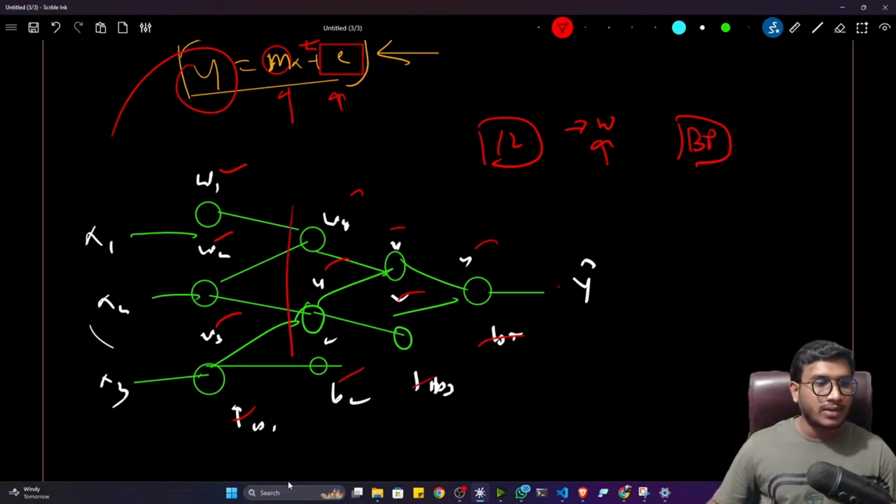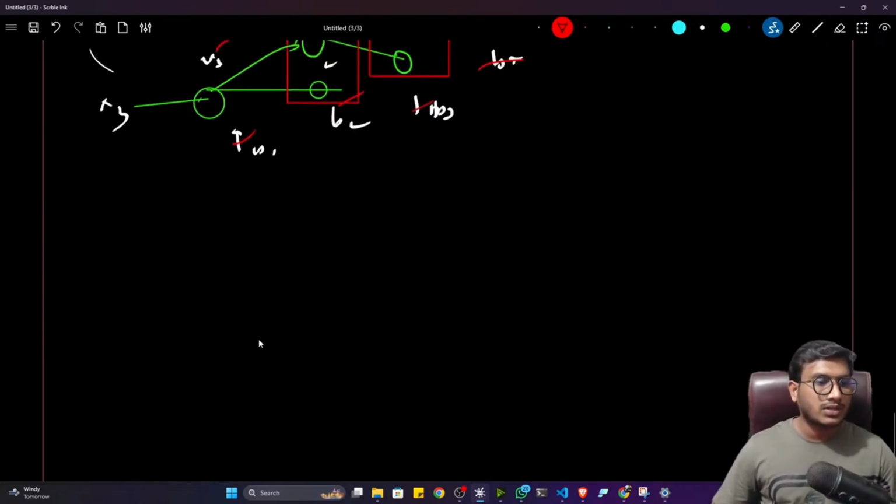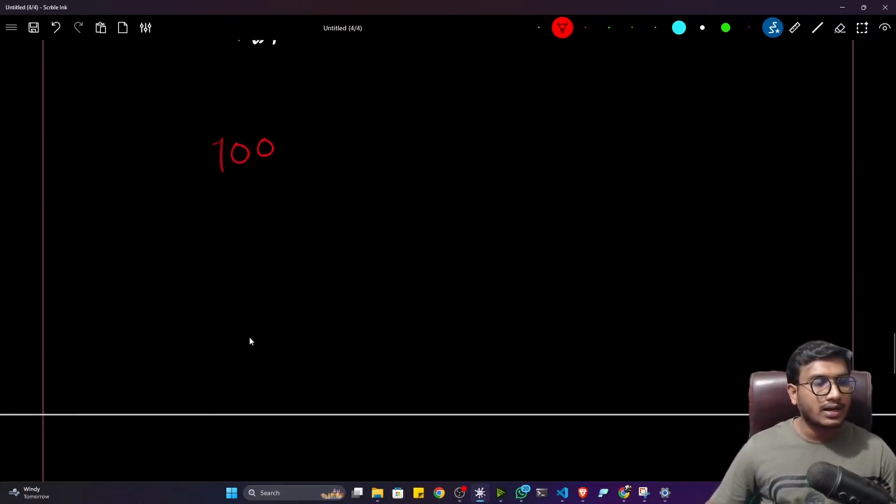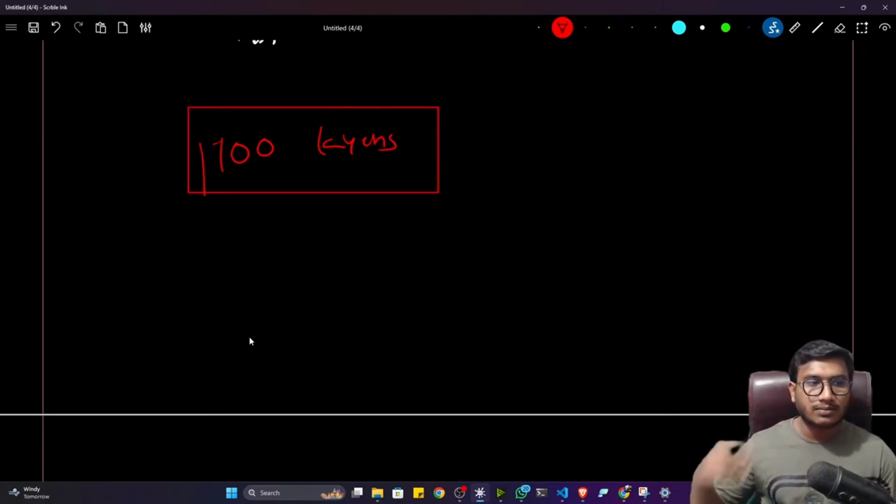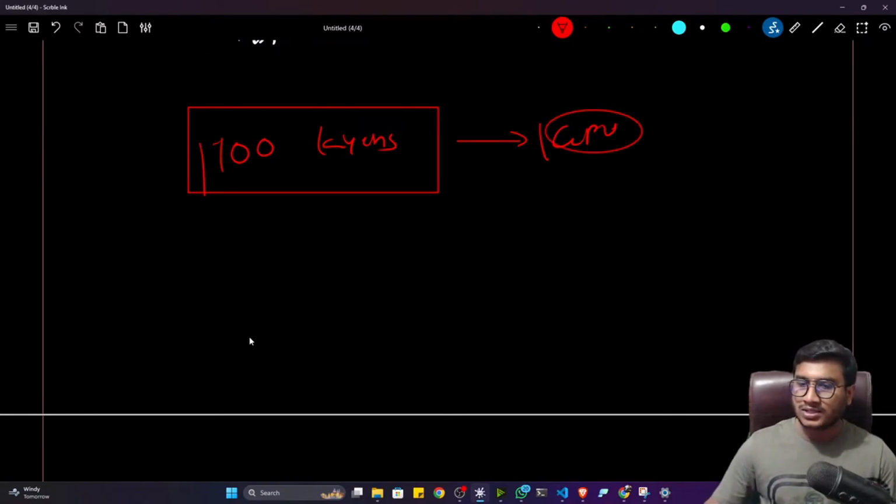Now how many hidden layers are we having? We are having only 2 hidden layers. Now just try to consider, let's say, a 100 layer architecture. How many parameters will you have in that model? Try to think about it. And definitely if I want to train this kind of model, I need a GPU, yes or no? Okay, you need a GPU based machine